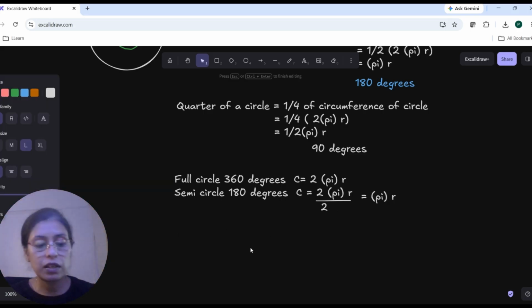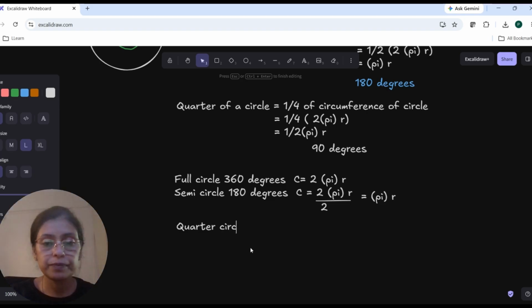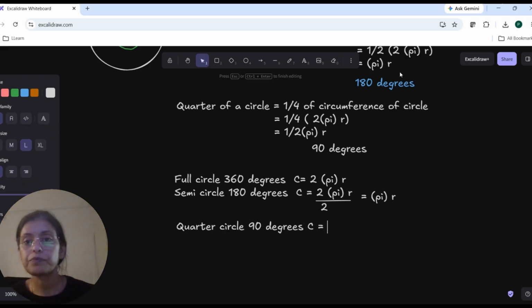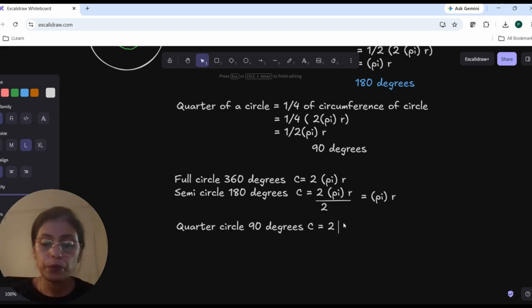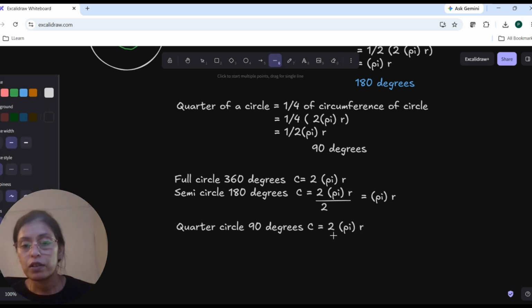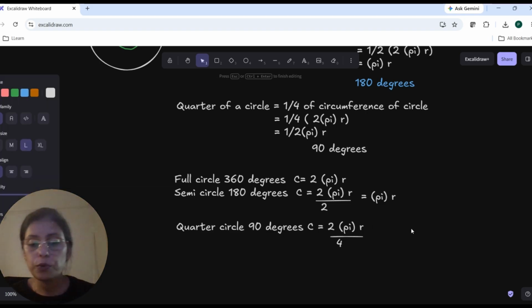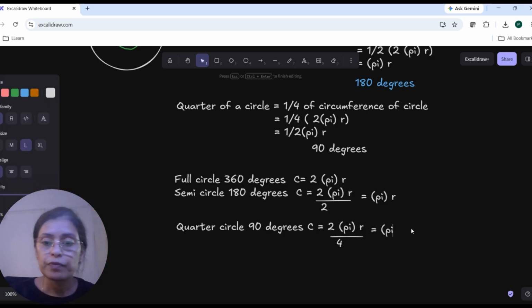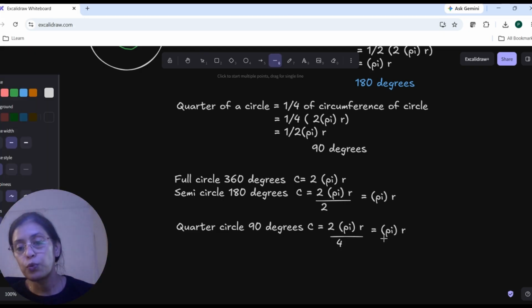Now similarly, quarter circle, 90 degrees, circumference is equal to 2 pi r by 4, which is equal to pi r by 2,